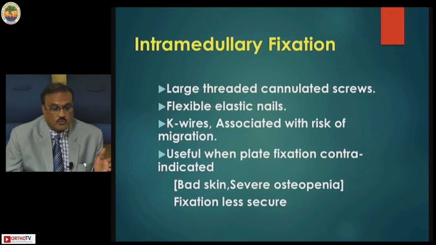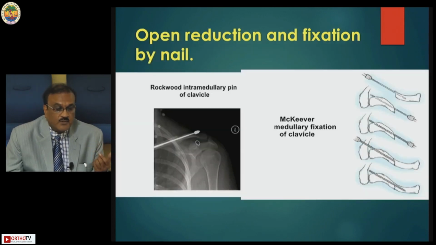so many complications. So intramedullary fixation is coming up again, with large threaded cannulated screws, flexible elastic nails, K-wires, which are associated with risk and useful when plate fixation is contraindicated; nailing is a resurgence. One of the best methods now is open reduction and internal fixation by nail, and it has been